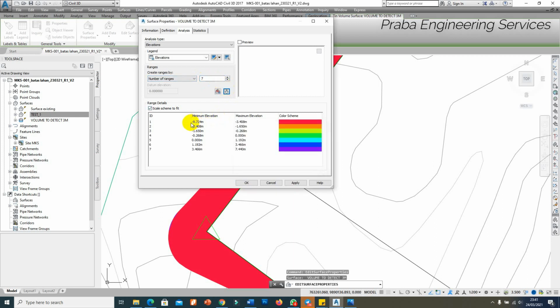This is the layer from minus 9.7 until minus 9, from minus 9 until minus 6, from minus 6 until minus 3, from minus 3 until 0, from 0 until 3, from 3 until 6, so from 6 until the top of the embankment. Okay,